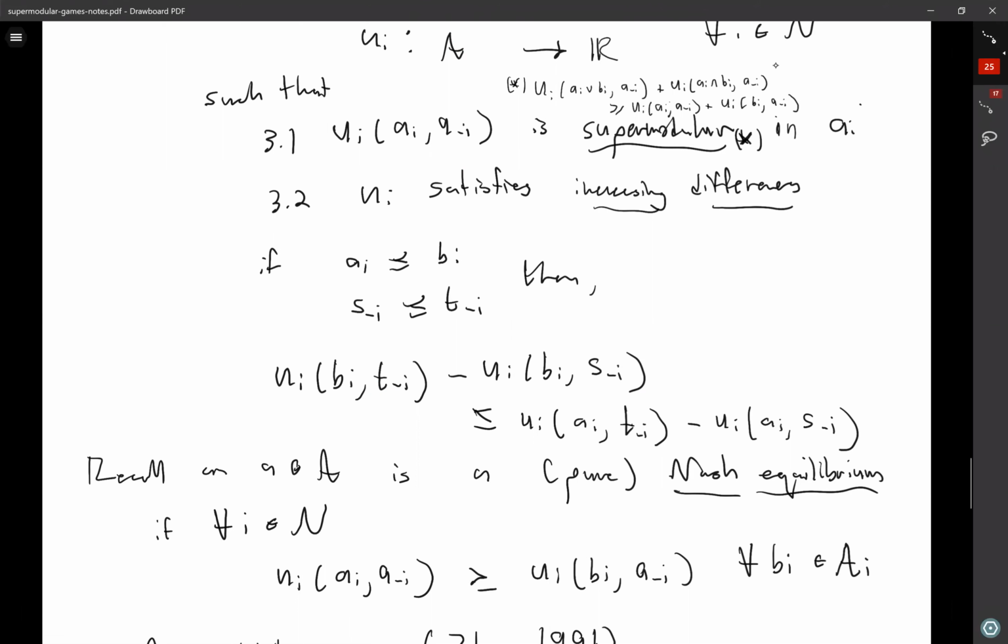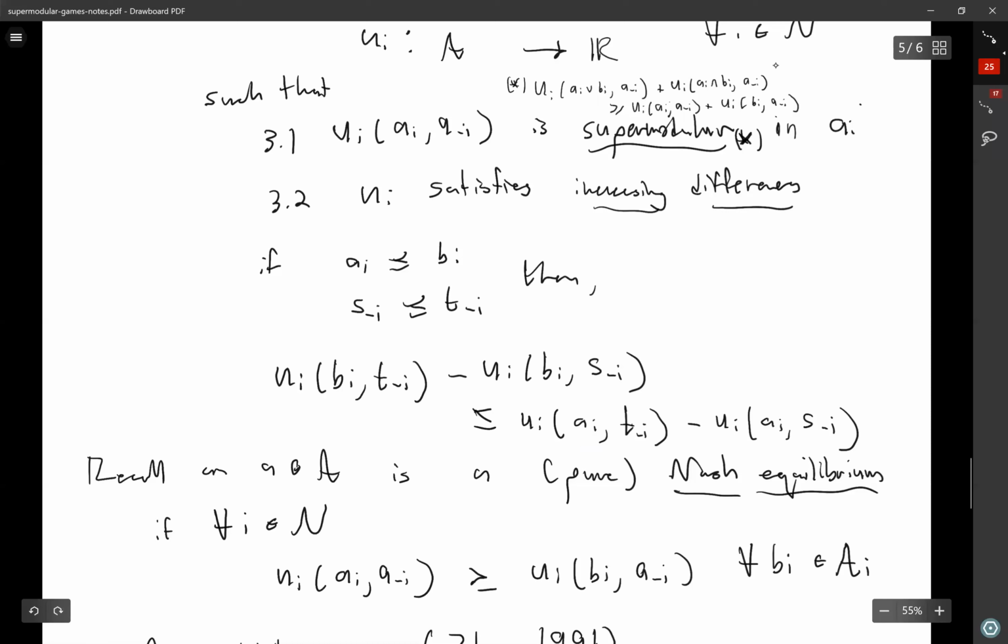Well, actually, we don't know that they're going to be positive because we make no assumption that this U_i is monotone. But this increasing differences is a weaker notion than saying, if I have this strategy and then this strategy, this difference is going to be positive. We actually don't know that, but we know by assumption that we have this inequality, that if we fix these b_i and then have this t_{-i} that's greater than this s_{-i}, and likewise, if we fix a_i, which is smaller,